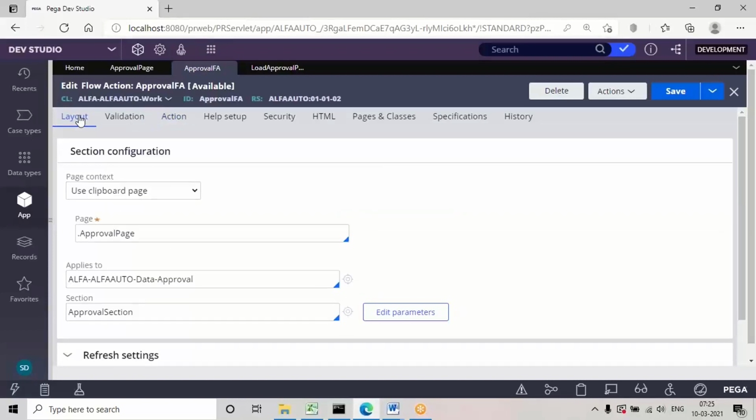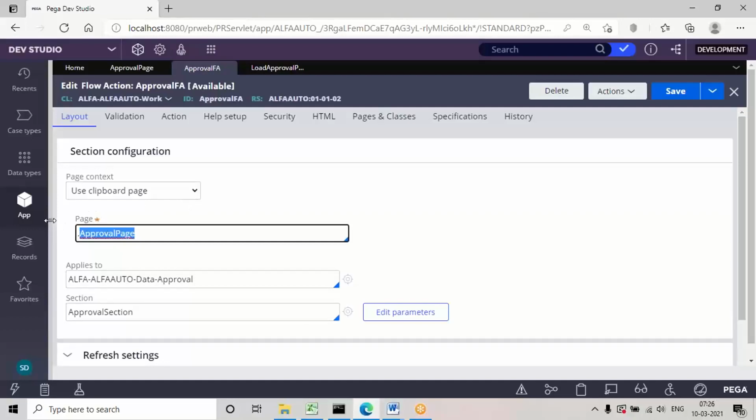So what are the steps if a section is created in data classes? Using page context we can give the section name, and later we need to create a pre-processing data transform or activity to assign this page to the clipboard so that the properties also load in the UI page at runtime. This is the additional step we have to configure if a section is created in a data class, that I want to say.